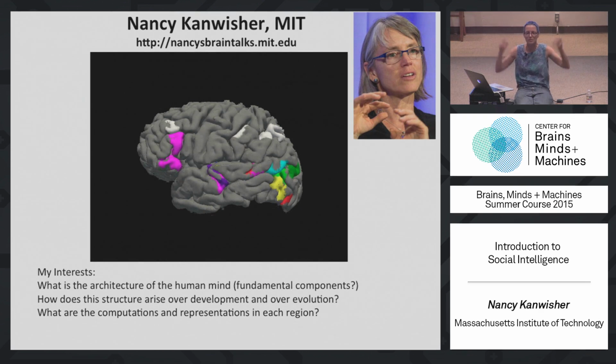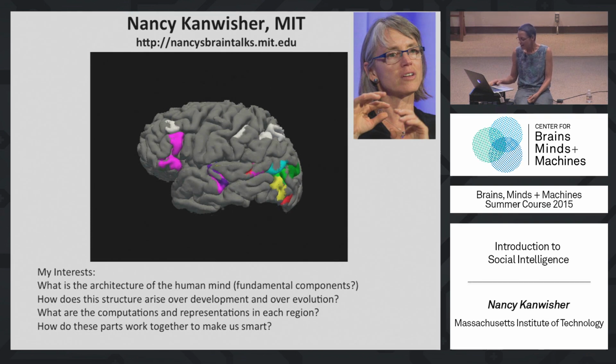This is sort of what's sometimes called a mesoscale, this really macroscopic picture of the major components of the human mind and brain. But of course, we also want to know how each of those bits work. What are the representations that live in each of those regions, and how are they computed, and what are the neural circuits that implement those computations? And of course, cognition doesn't happen in just one little machine in there. It's the product of all of these bits working together. We want to understand how all of that works too, and how all of that goes together to make us